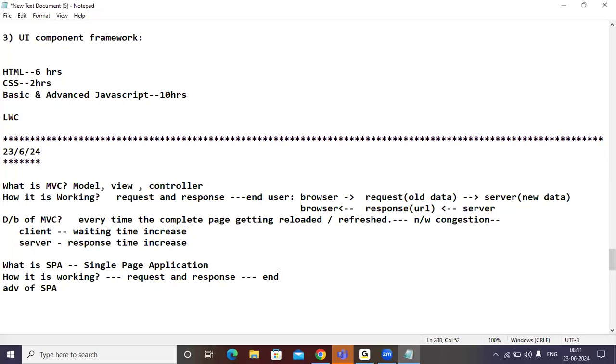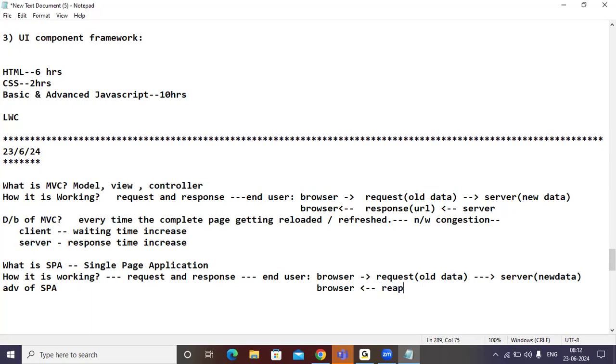The same end user always sits in front of the browser. He passes the request, it goes in the form of old data to the server, new data is generated, and this new data directly comes to the browser as a response.